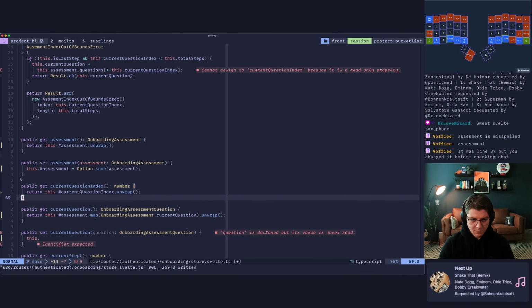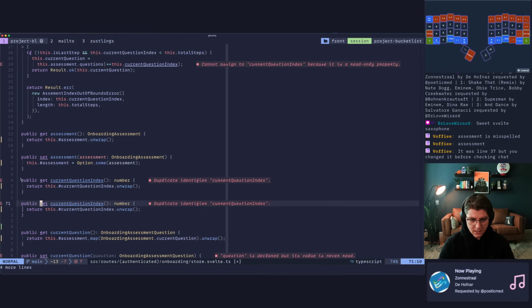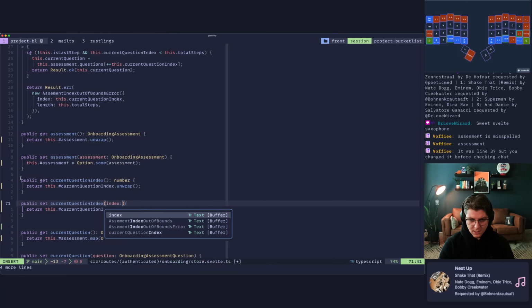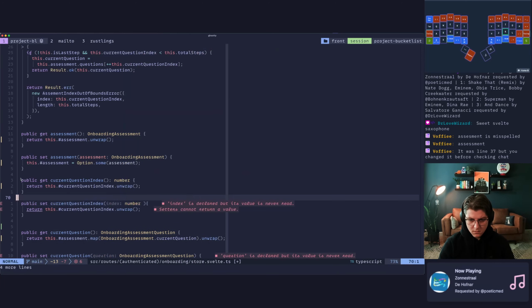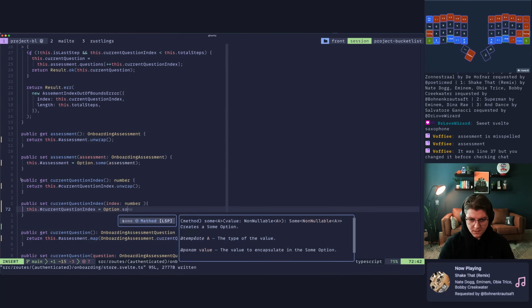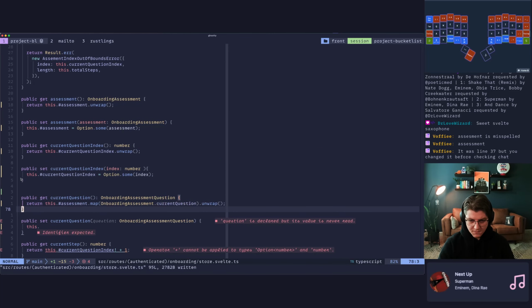And then we want a setter for this. So let's paste that, get rid of the return type. And this is going to take an index, which will be a number. And we'll say this dot current question is going to equal option dot some of index, which is the same pattern as we did before. So all should be fine.